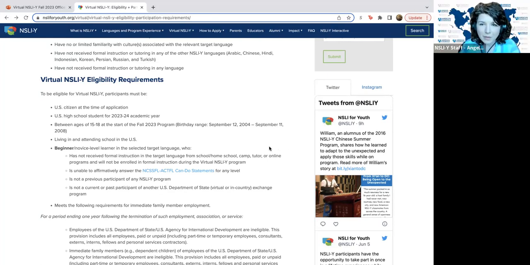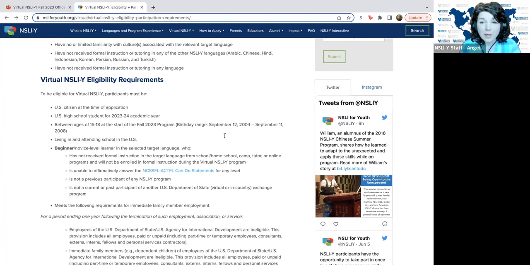Yeah, and to follow up on that, we do really recommend for all of the folks who are asking good questions about how much of the language can I know, that you go to the page that Shamarcus is showing on the screen right now and check out those can-do statements. If you can do any of the things under that link, then you are likely not eligible for virtual NSLI-Y.